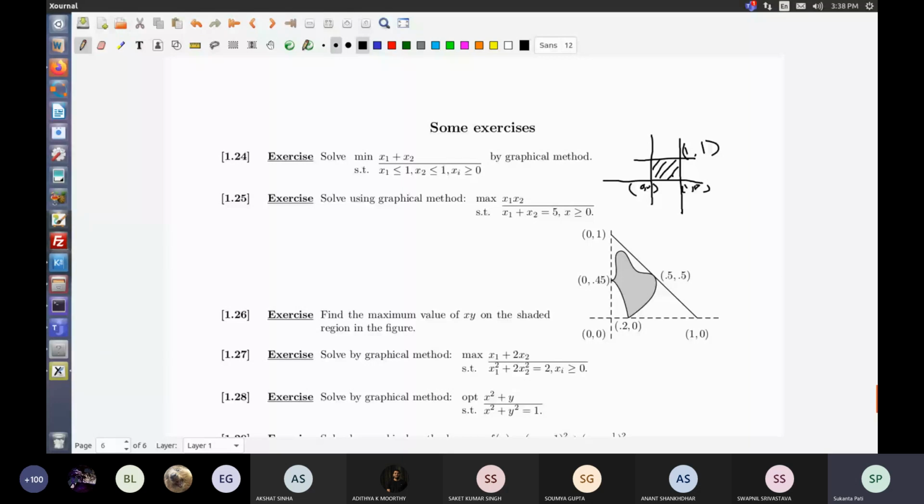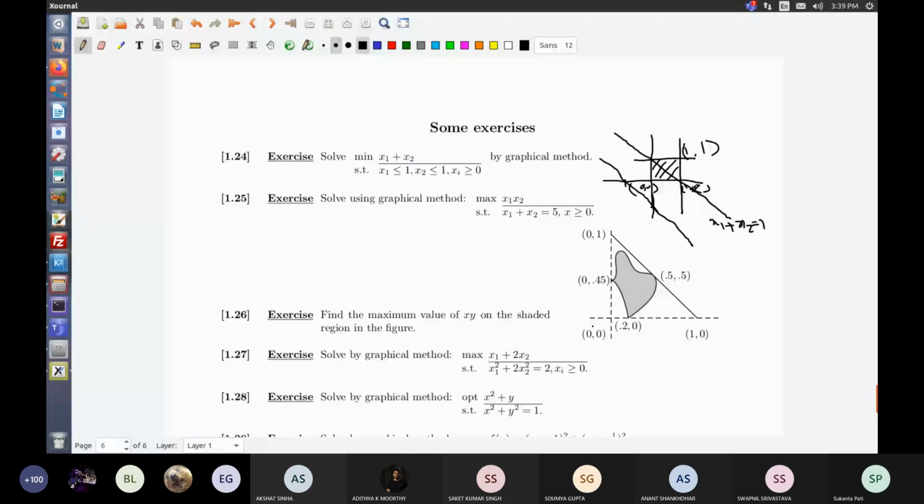Now what is the objective function? The objective function is f(x) equal to x1 plus x2. So if you want to draw x1 plus x2 equal to 1, then x1 plus x2 equal to 1 will be this line. Again it has slope -1. You don't have to draw a line that passes through this. In order to understand, you could simply draw x1 plus x2 equal to -1 also. That will be far outside and make your picture look better.